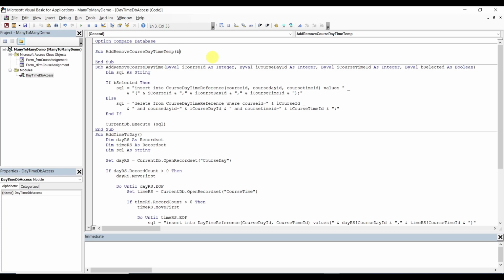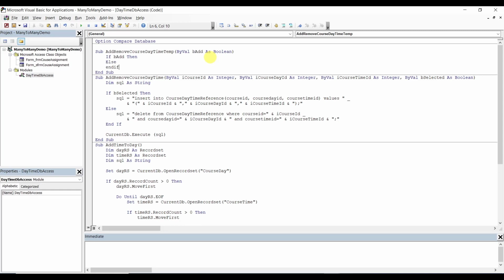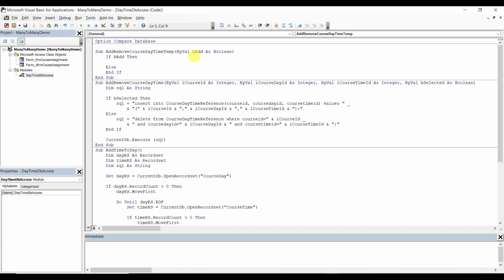So we want to know, b, I'm going to say add as boolean. Alright, that would determine if b add, then else and if. See there? So if it's add,